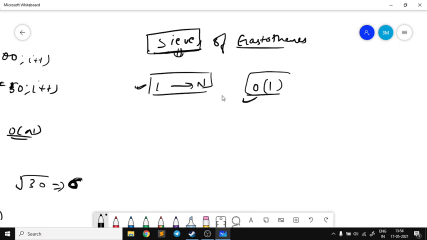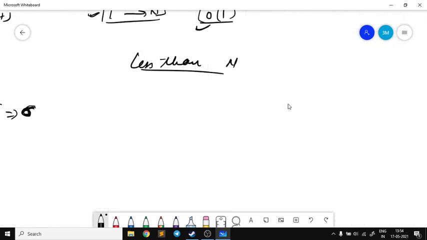I'll depict this. If I have to check and count all the numbers less than n which are prime, what I'll do is create an array. We just write down all the numbers till n.